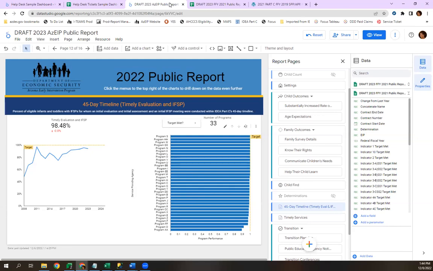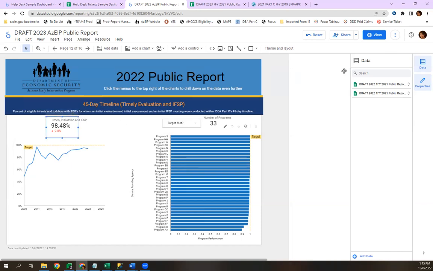I'll probably come back, just since I'm talking about public report. I don't want to keep jumping and making it confusing. But one of the things, if you're looking here, I love the scorecard comparison numbers. It's super helpful to me. You can see, okay, this went down, but how much did it go down by? This is the same information. So I love the scorecards, but you can see the decimals are not the same. So I do like to at least try to make sure the decimals are